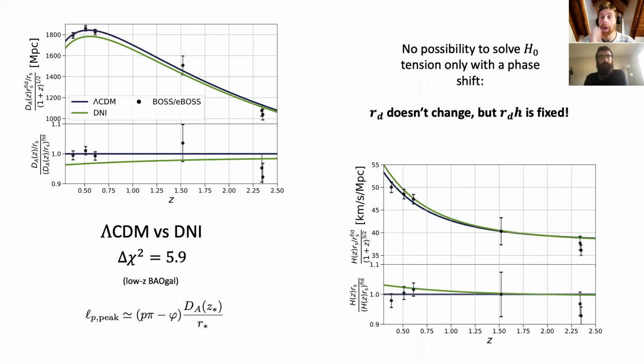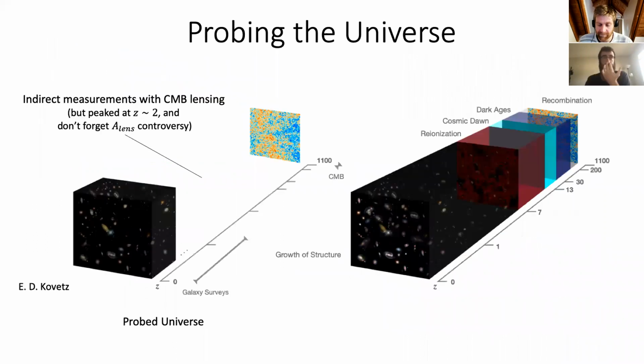Okay, so I talked before about how important BAO measurements are for cosmology in general, but in particular to solve the Hubble constant tension. The problem is that if we compare what we know or think is the evolution of the universe since recombination to today, there are huge volumes and redshift ranges that we haven't probed directly. There are some constraints coming from the CMB lensing, but the kernel from CMB lensing is peaked